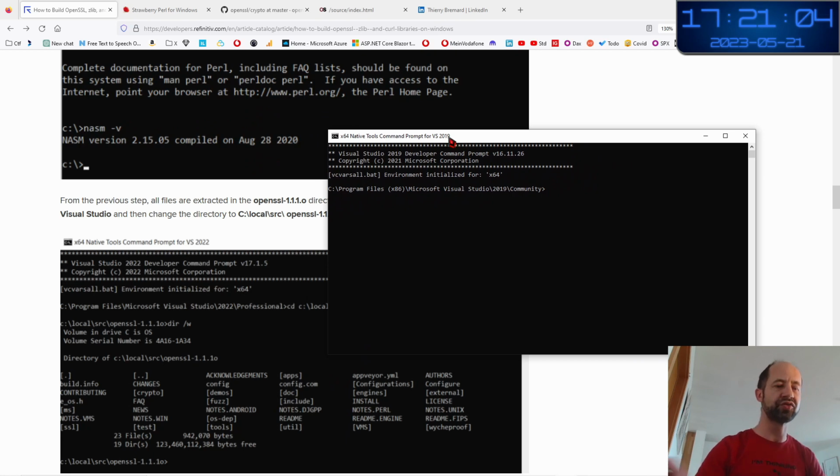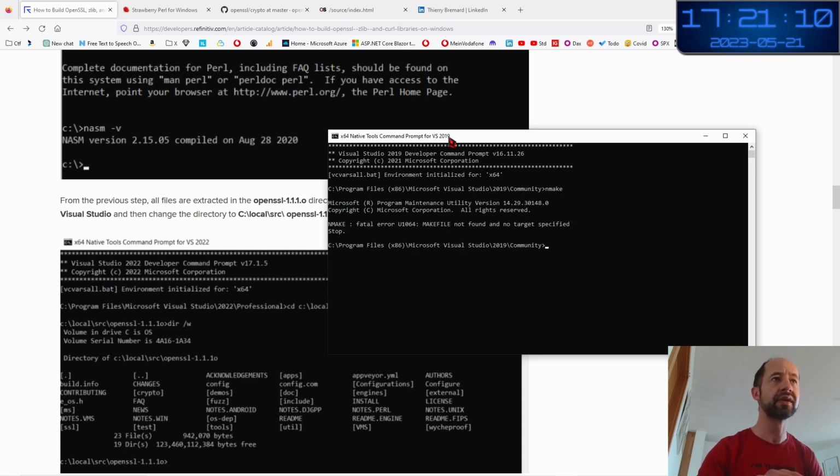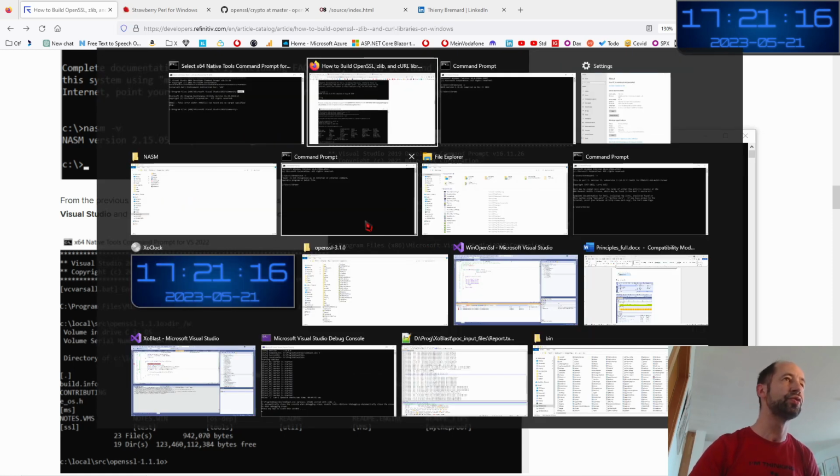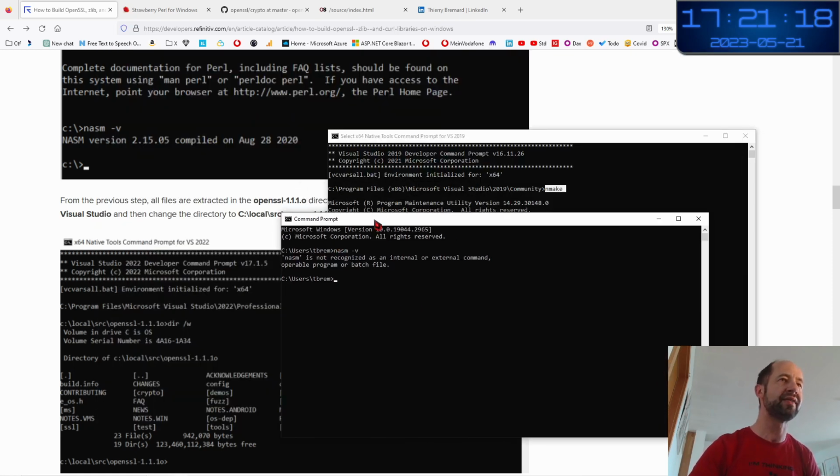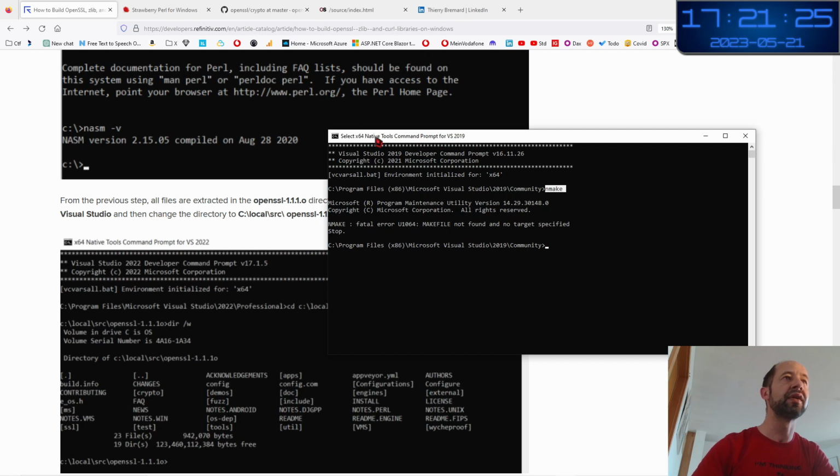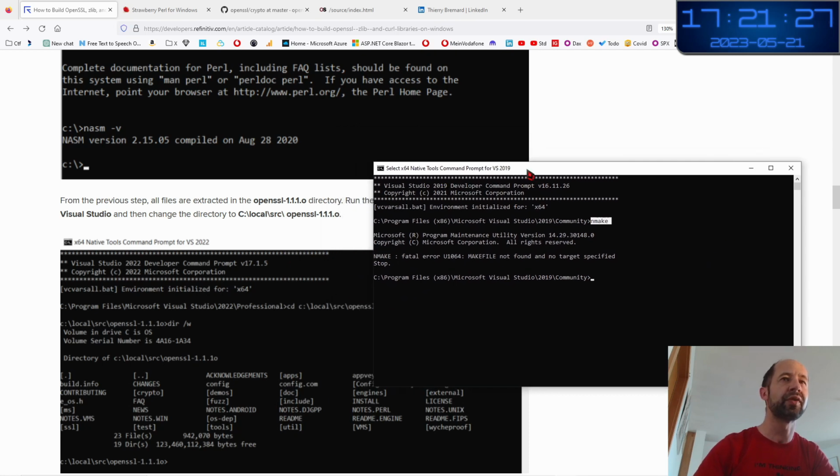Let's check to justify why it is needed, because I think there is a tool called nmake. Yes, nmake is recognized. If I use a normal command prompt like this one, nmake is not recognized. This is why you need this x64 native tools command prompt of Visual Studio.